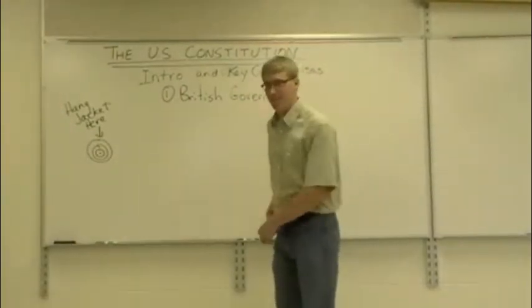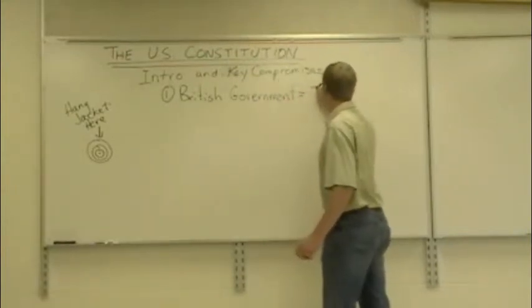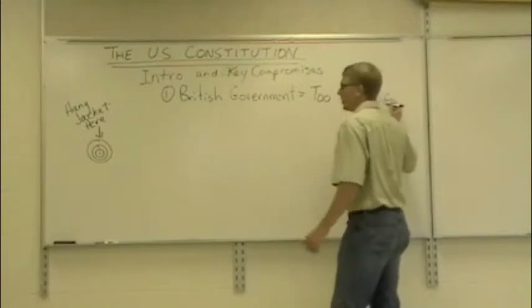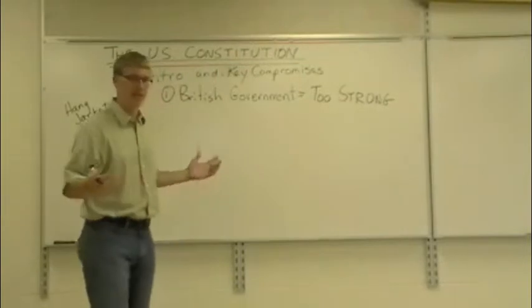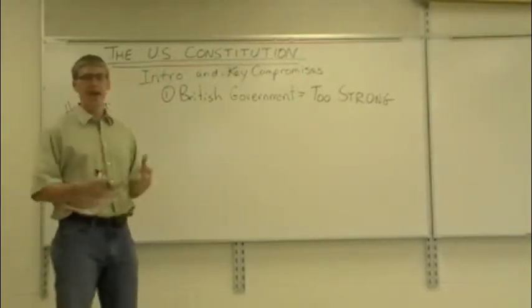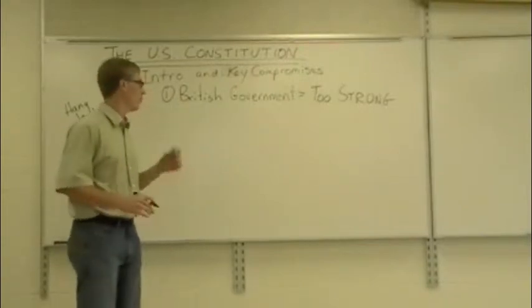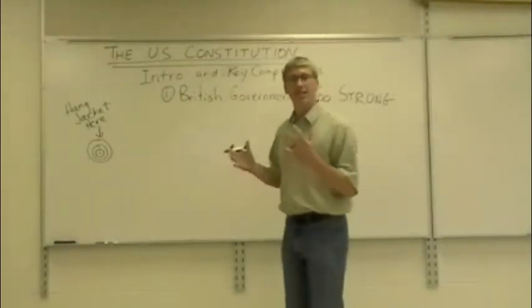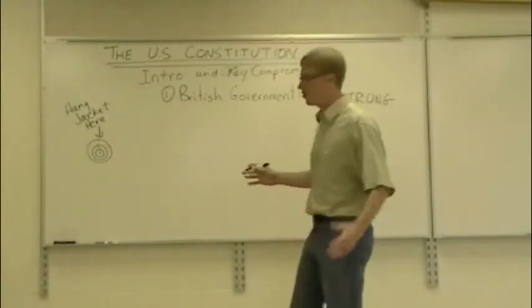You can see that the problem with the British government is that it was too strong. It was telling the colonists what to do. They didn't have any participation in it. They didn't have any representation. You had a monarch and a parliament that didn't represent them, making up taxes for them, telling them what to do. So the colonists fight for independence. They gain independence from the British government, a remarkable victory, a whole other story, the Revolutionary War.